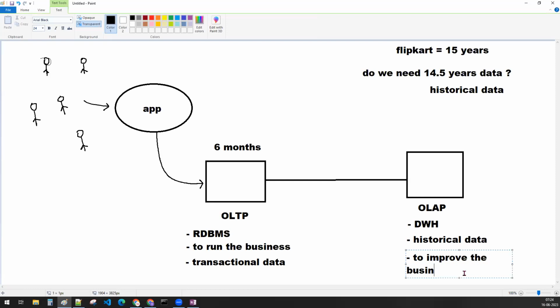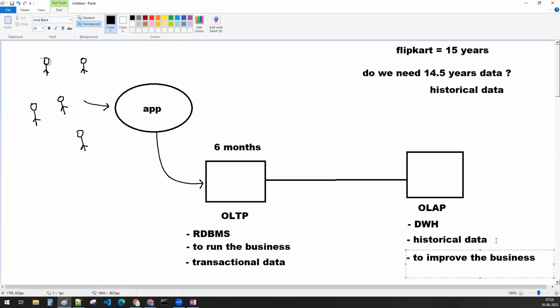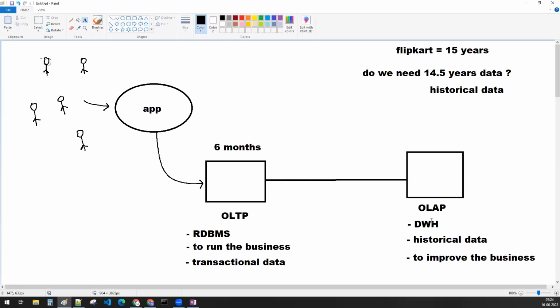To improve the business, right? If you do not have an intention of improving the business, you don't store the data. If the businesses are not thinking that there is no use of this historical data, they don't store it. They directly delete it. But they think that if I understand this or if I store this, first thing, storing